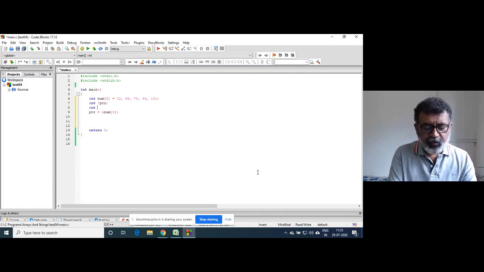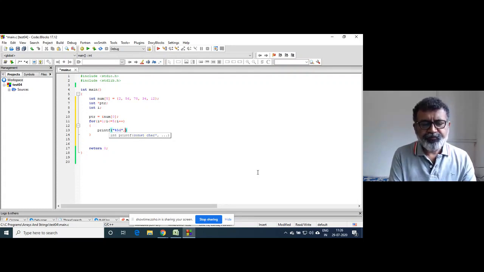So to access the array, we write for i equal to 1, i less than or equal to 5, i++, and we wrote printf("%d") with *ptr, and we wrote ptr++.